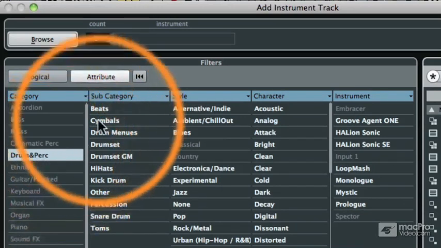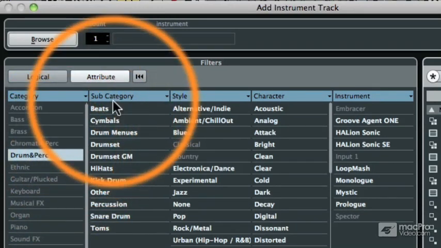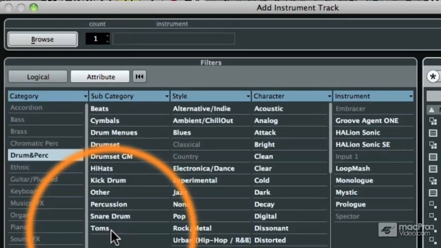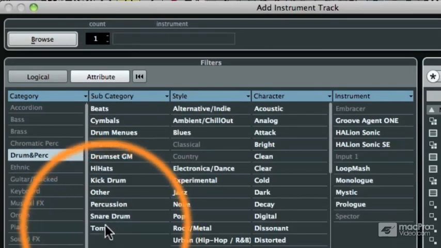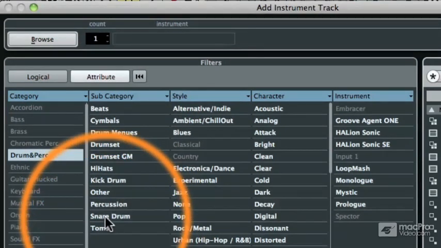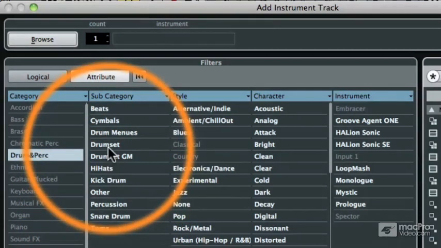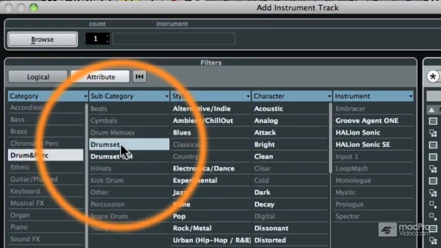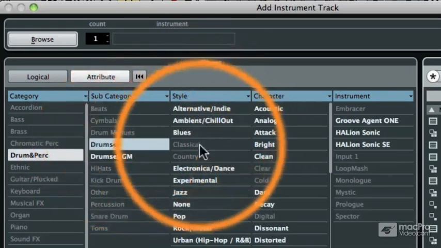Then, to the right, there's a subcategory. Now, there's a whole bunch of different things that we can select here, including just tom-tom sounds or just snare drum sounds, but what I want is a drum set, or a collection of drum sounds. And the way drum sets work on your MIDI keyboard will be more apparent when we load a drum set sound. But basically, every sound on a drum set is going to be on its own note of your MIDI keyboard. So let's go ahead and click on Drum Set,